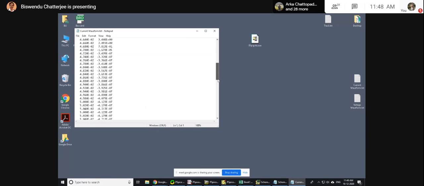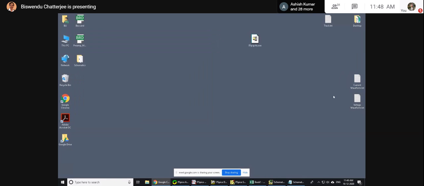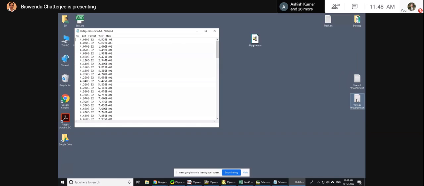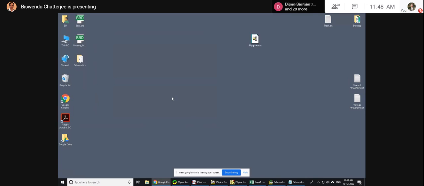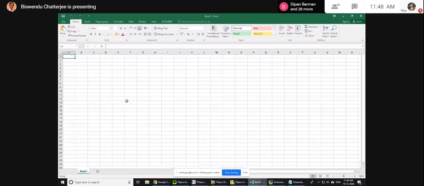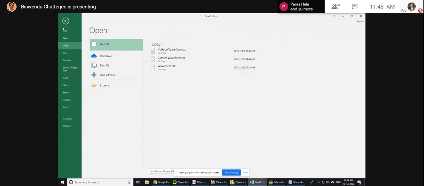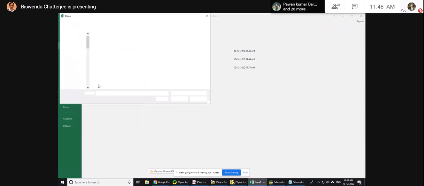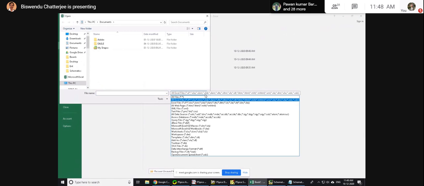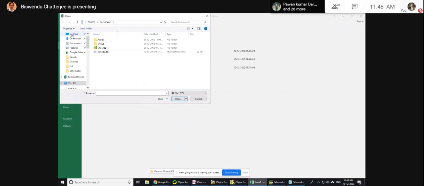Pasted it in the notepad, and this is the voltage waveform. Now we will get the time increment also in the left, in the right the voltage. Now open in Excel. I am opening it in Excel. File, browse, all files, desktop. Where is the